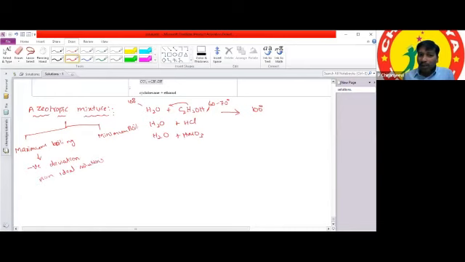And the minimum boiling azeotropic mixture. What are the examples of the minimum boiling azeotropic mixture? All positive deviation non-ideal solutions show the minimum boiling azeotropic mixture. Sir, what are the examples? First, for negative deviation, we can write water